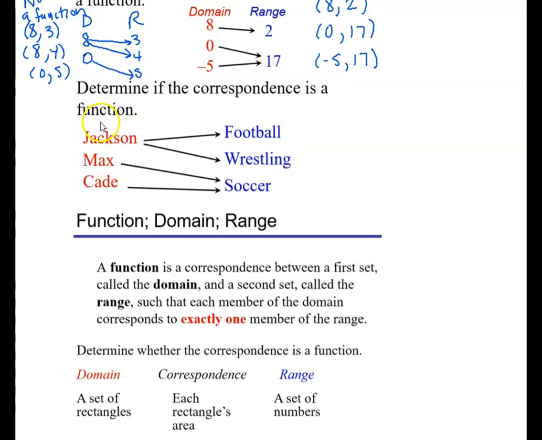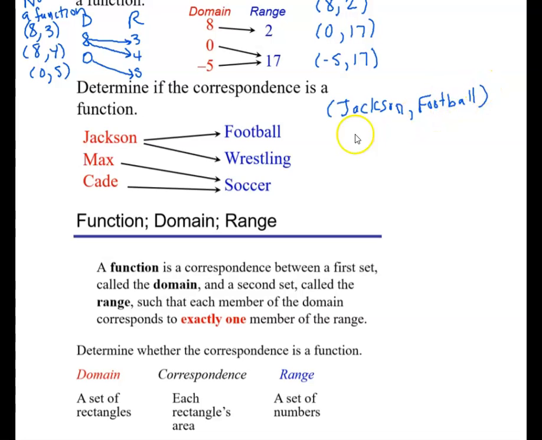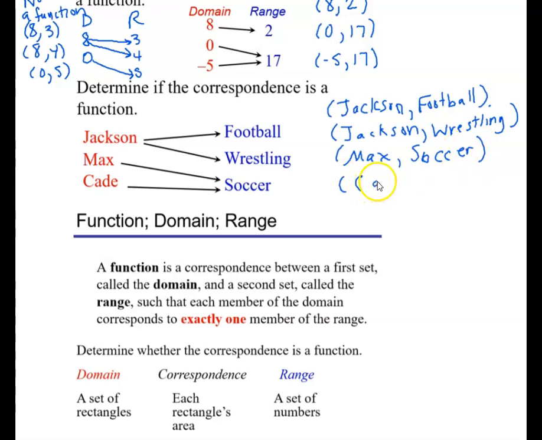Determine if the correspondence is a function. We've got Jackson and football. So like if we listed these as values, we would have Jackson, football. We also have Jackson and wrestling. Max, soccer, and Cade, soccer. Okay, so